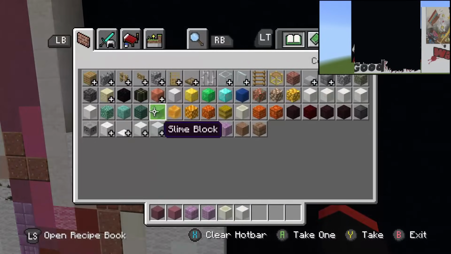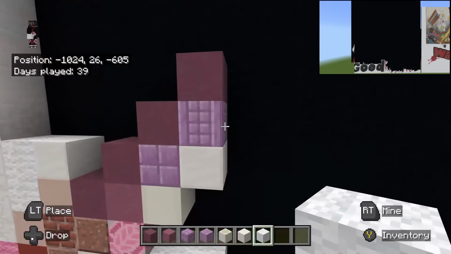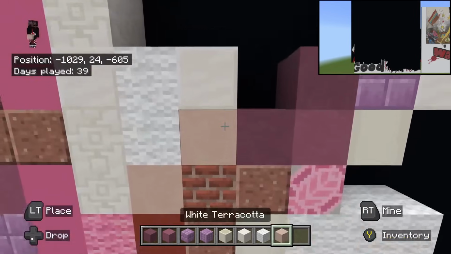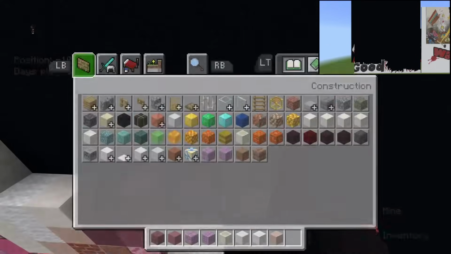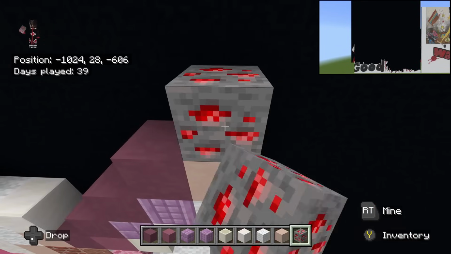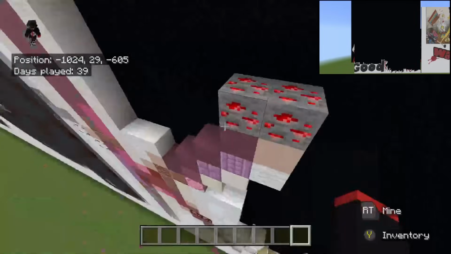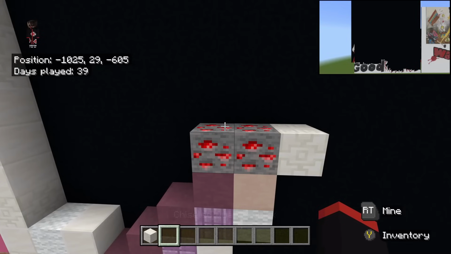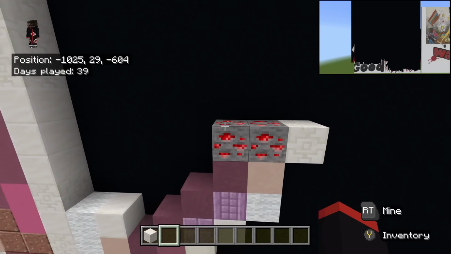Upright diagonal from the quartz block, we'll place a white wool. On top of the white wool, we're going to place white terracotta. And then on top of the white terracotta, we'll place redstone ore going to the left 2. To the right of the redstone ore, we're going to place a chiseled quartz block. And then we are going to place